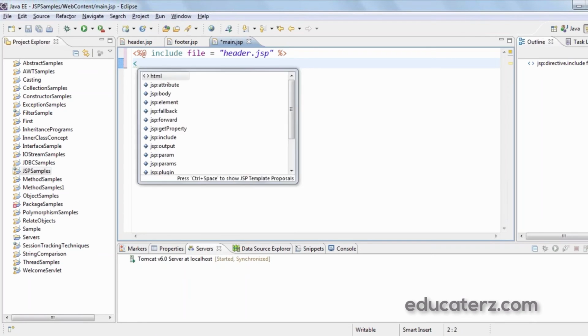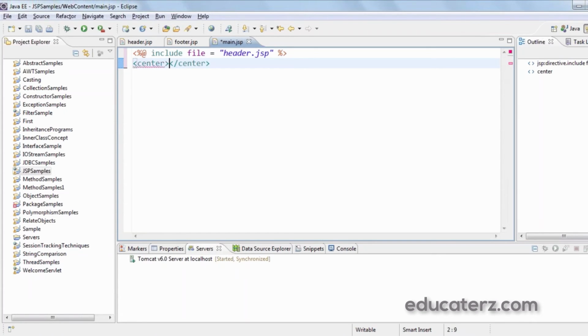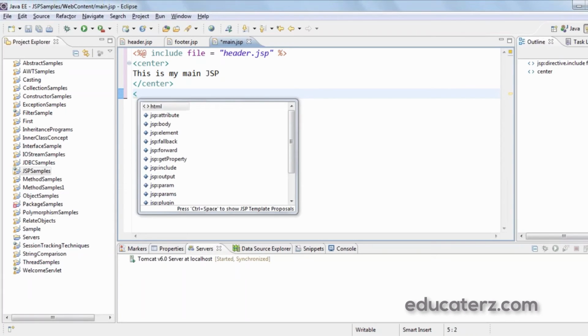In between I use the center tag, and in the center I just print this is my main JSP. And then include footer.jsp.